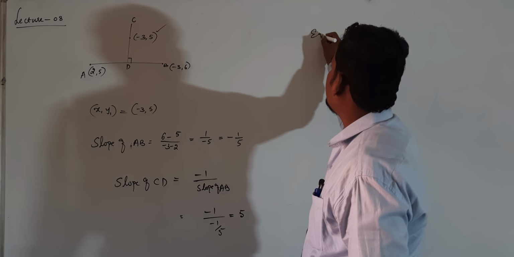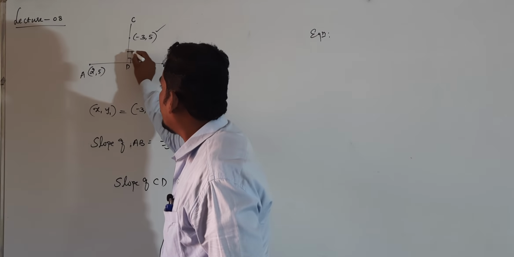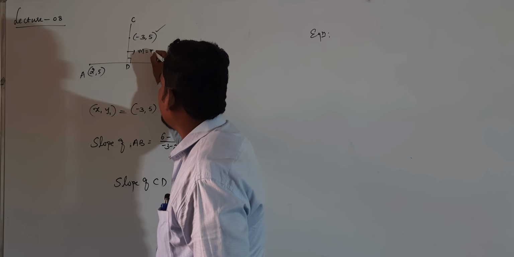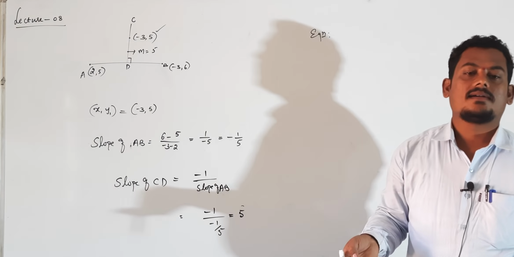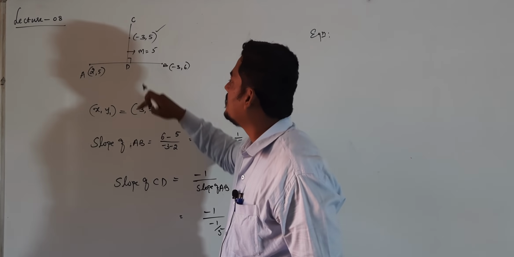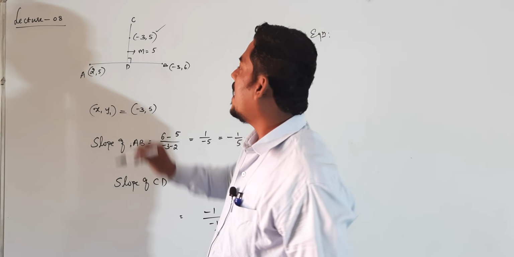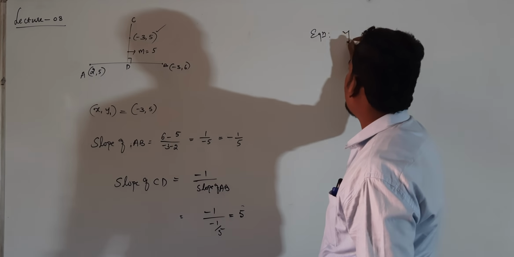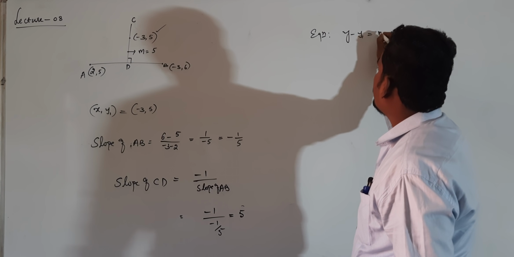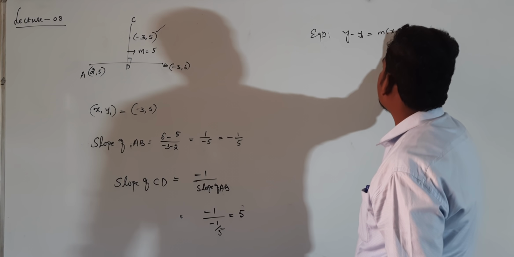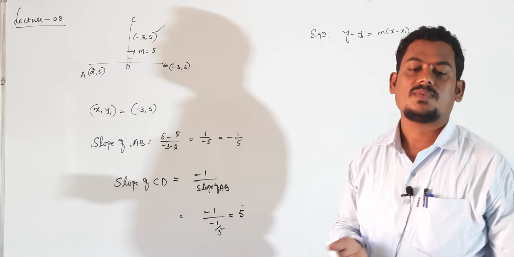Now, required equation is, which formula do we have to use? Slope of CD is known, that is m is equal to 5, right? From the given data, we already found the slope of the required line is 5 and one of the points. Slope point formula, y minus y1 is equal to m into x minus x1, right? This formula is applicable in this case while finding the equation of CD.